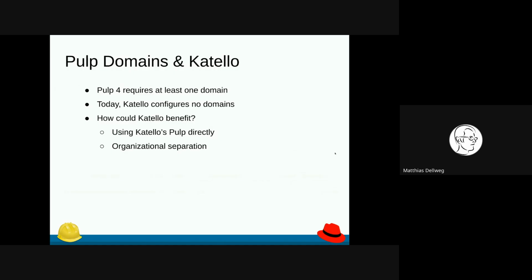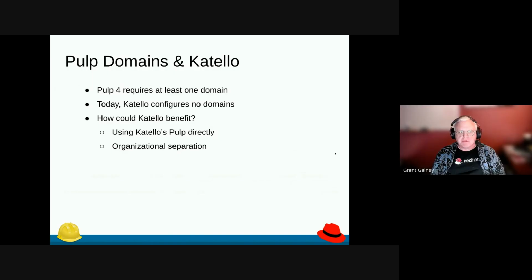So the question is not necessarily to you, but you said that domains will be required with Pulp 4. The thing I definitely recall is that we will require all plugins to support domains. I'm not sure we always have it switched on. I think with Pulp 3 you don't have to have it, but with Pulp 4 the notional goal is domains will